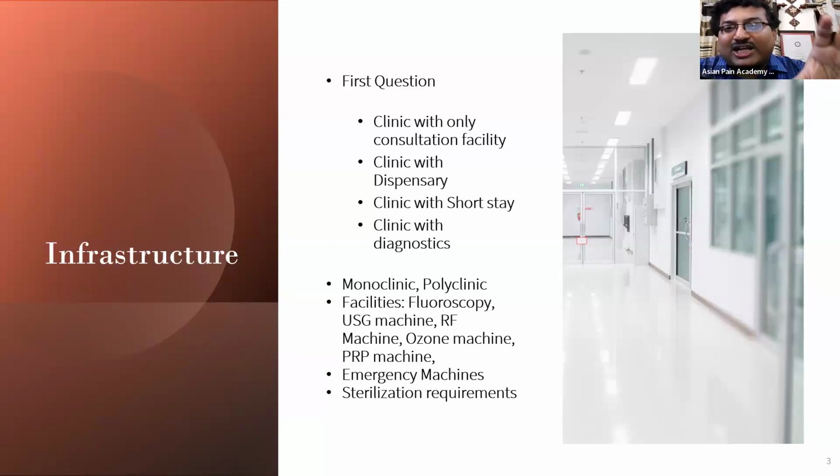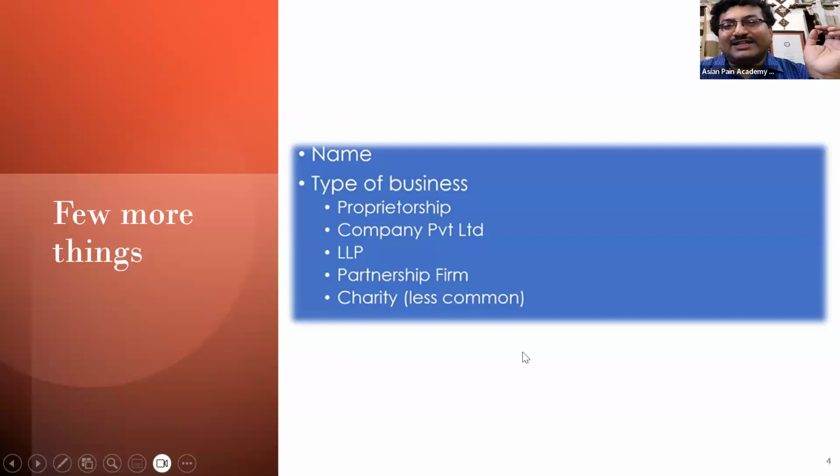Next, for the management of emergencies, you should have a proper setup. That means at least one oxygen cylinder. You have to check whether the oxygen is present or not, and you require an emergency tray. As anesthesiologists, we always require this tray, that means the intubation and all the facilities we usually keep for emergency management. And we'll require some sterilization equipment. Now, to